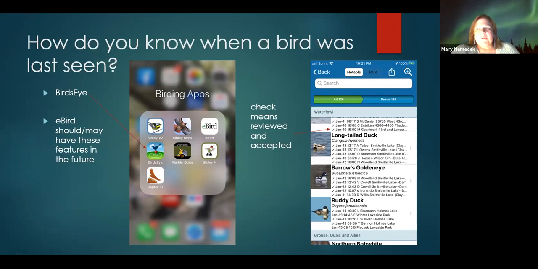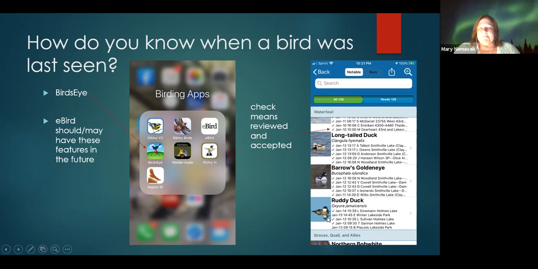So if you're out in the field and somebody reports a vermilion flycatcher and the list has been uploaded, you could go in here, pull the list up even before it's been reviewed, click on it, and see if there's a photo in there to see what kind of a bird they're reporting, if you agree with the ID or that kind of thing. So super cool. So down here on this little ruddy duck, you see this January 13th record hasn't been reviewed yet. There's no check mark in front of it.